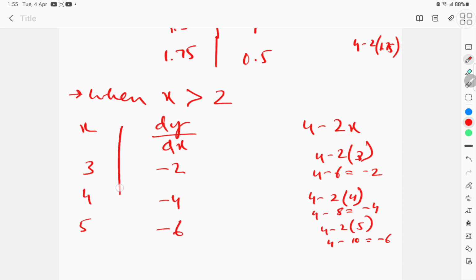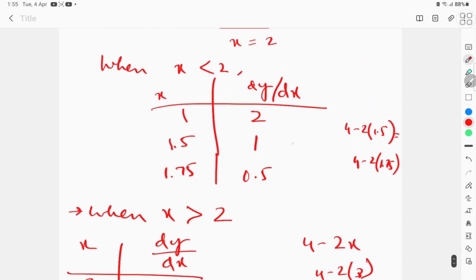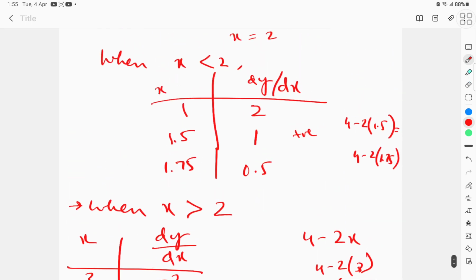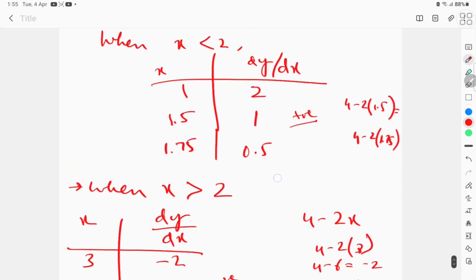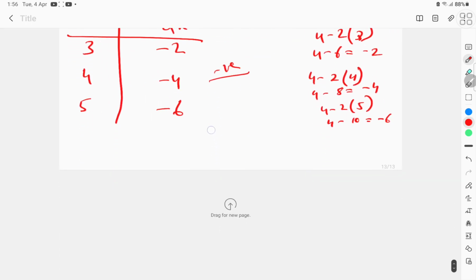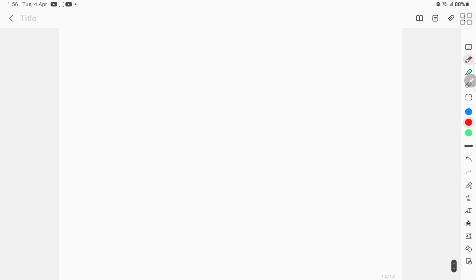So these are the values. We get the negative values here, and we get the positive values here. When x is less than 2, we get positive values. When x is greater than 2, we get negative values. And from the table given above, it is clear that,